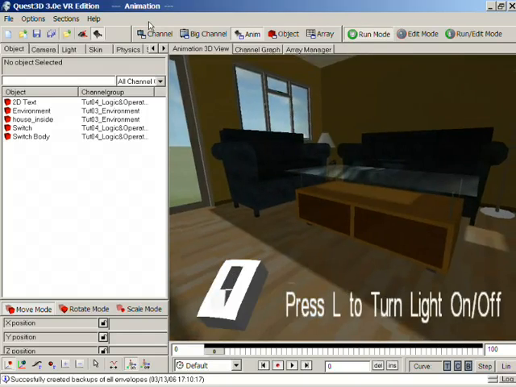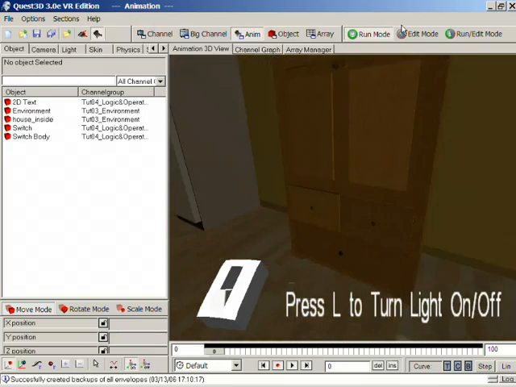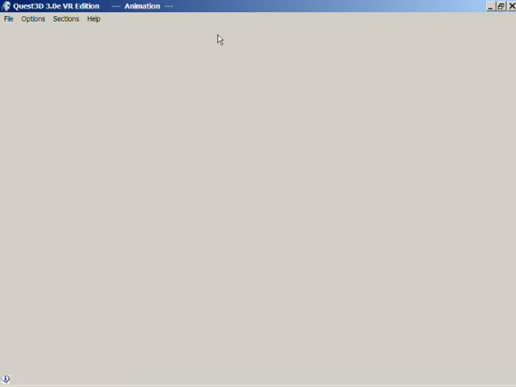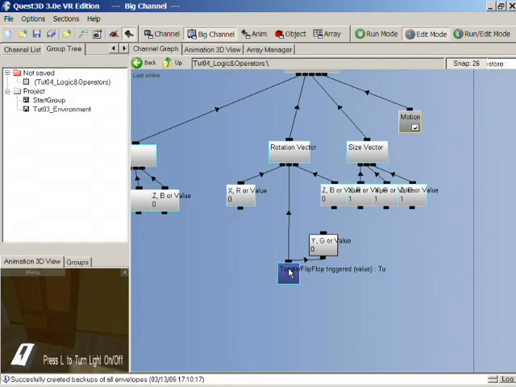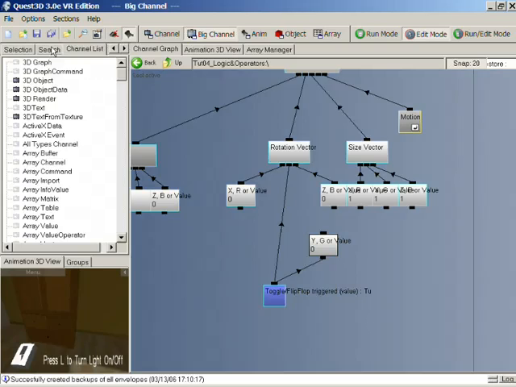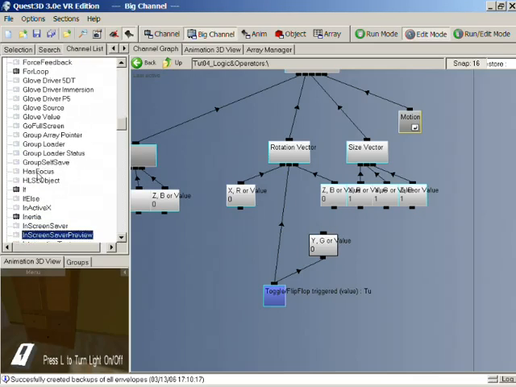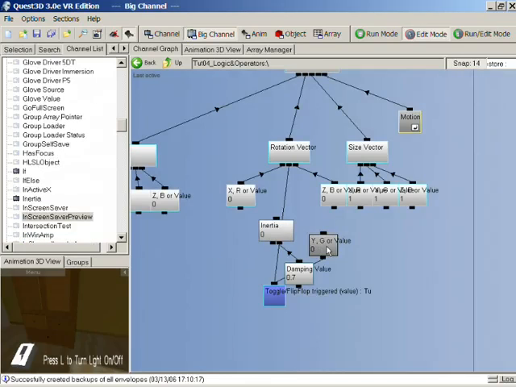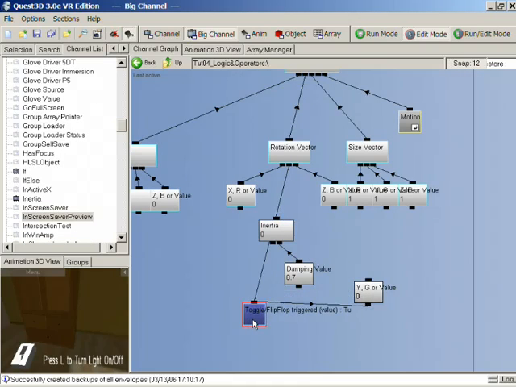What I'm now going to do is show a new channel called the inertia or value damping channel. Now what that can do is basically give a delay to the transition of any particular value. So if we use that here, we can make our light switch move a bit more slowly. So if I go to the inertia in the channel list there and drag it in, you can see we have our inertia channel, and if we connect that in between,